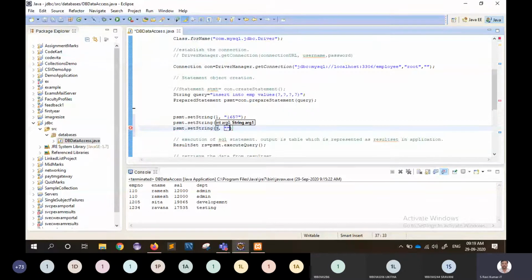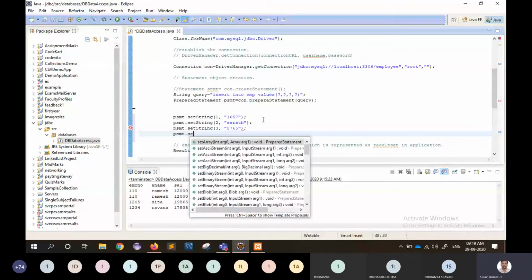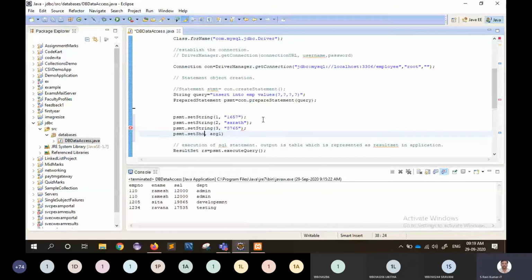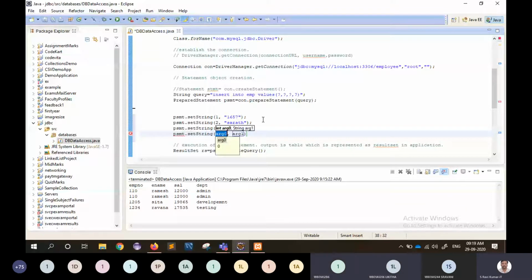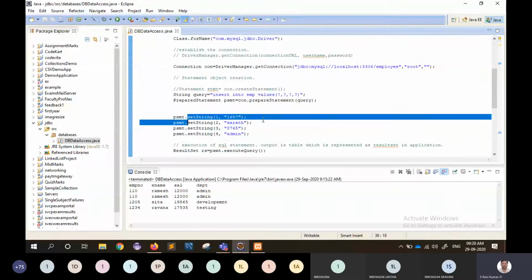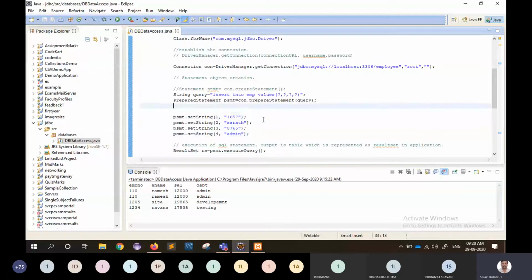What is the third? Salary. Okay, and then again fourth question mark. Department. Department, like this.